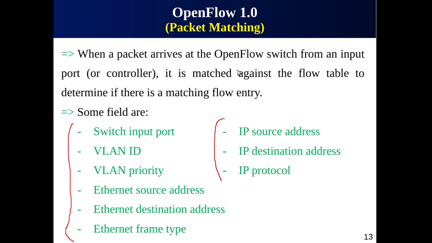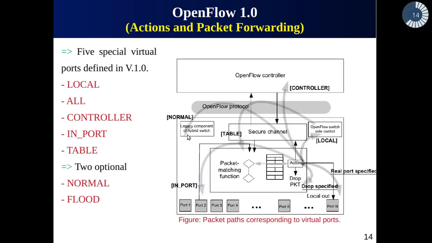Now this is the packet matching criteria. After matching a packet, we need to perform certain actions. Maybe we need to forward the packet, to drop the packet, and things like that. So the required actions that must be supported by a flow entry are to either forward the packet or drop the packet. The most common case is that the output action specifies a physical port on which the packet should be forwarded. There are, however,